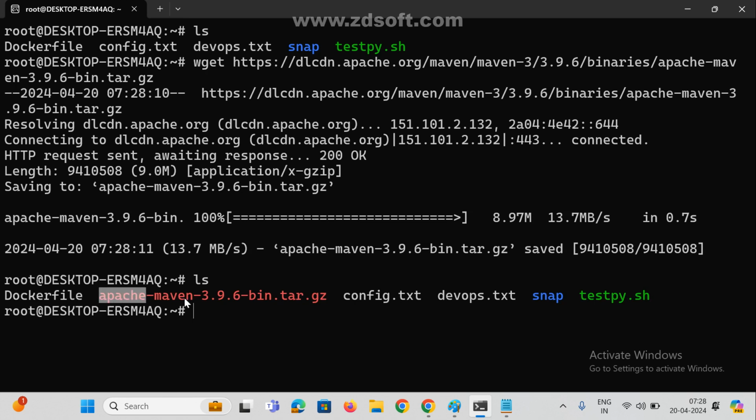I hope everyone knows how to download. If you want to download anything in Linux or Ubuntu, any server, not Windows, wget is the command. Now the same thing,